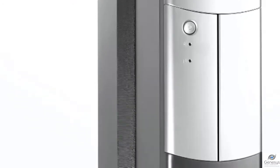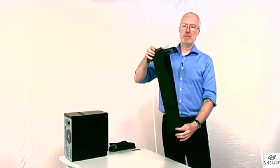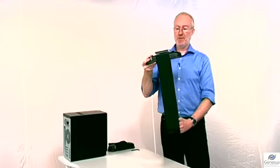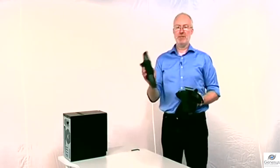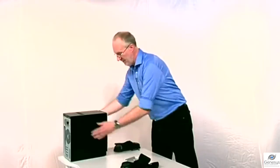Loop is a minimal but sturdy CPU support that uses a webbing strap to suspend the CPU beneath the work surface. An advantage of this is that once installed, the support is almost invisible. It also means that in supply, it's about as compact as you could expect a product of this sort to be. So in terms of installation,